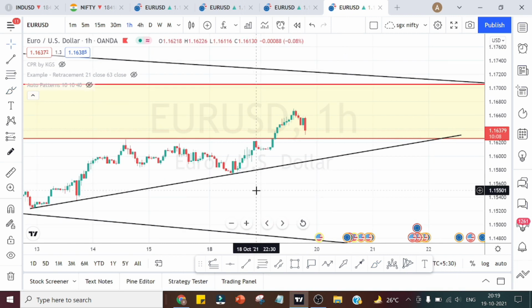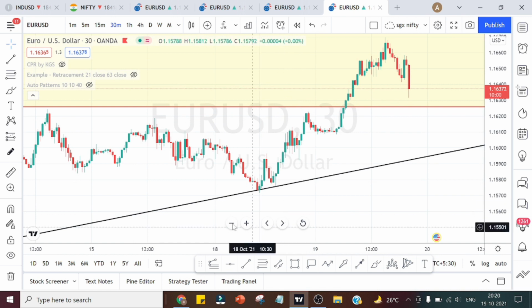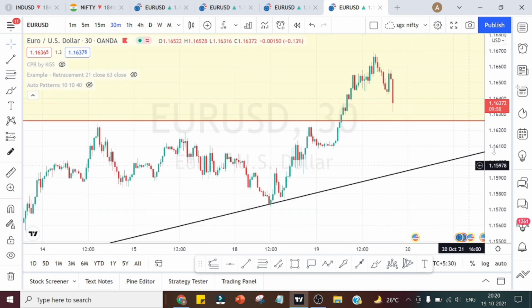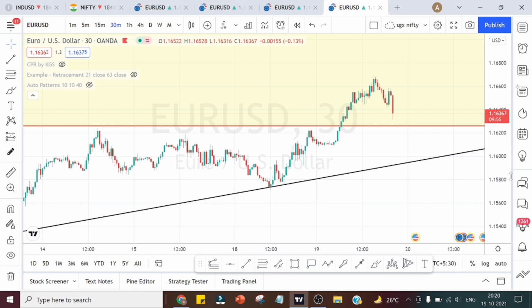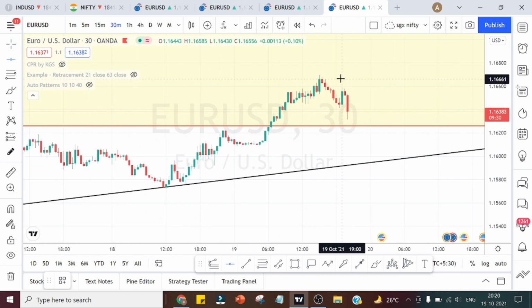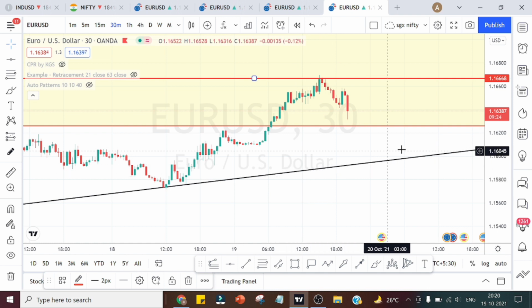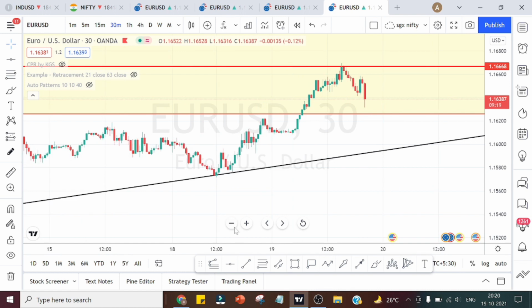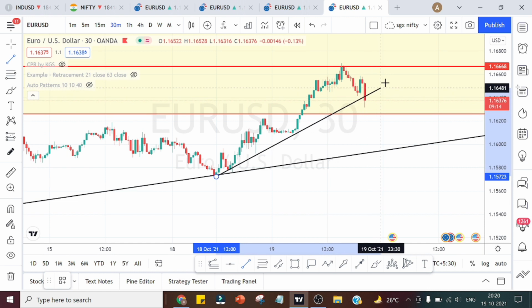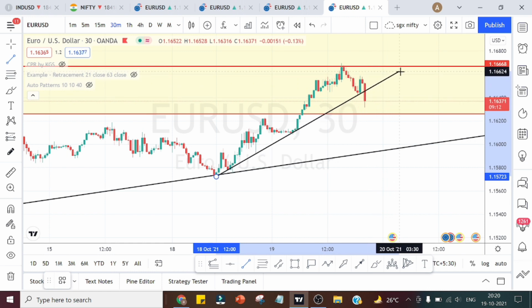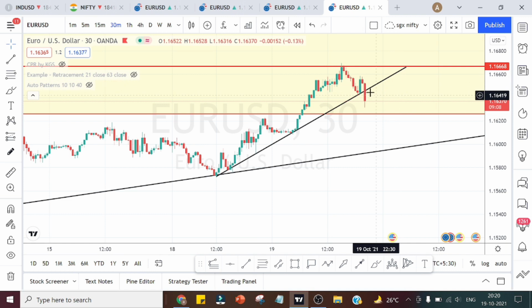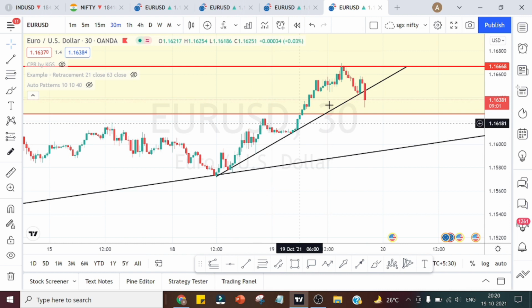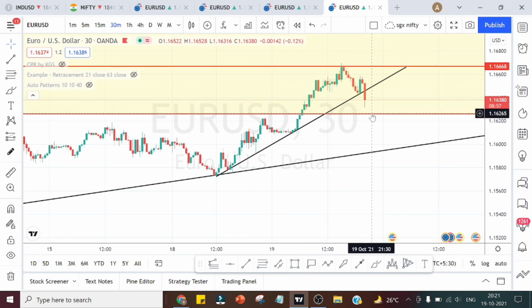Let us do the analysis in 30 minutes time frame. So when we see it in a 30 minutes time frame, we can clearly notice the trend of the market. Market has retraced from this point here, the highest point where it has traveled just now, and it is actually retracing back. That is the information we get from the 30 minutes time frame, and it was traveling on an uptrend. We had a support and resistance line, and currently when we notice it, it has actually broken the dynamic support from the 30 minutes time frame, and retracement is currently going on.